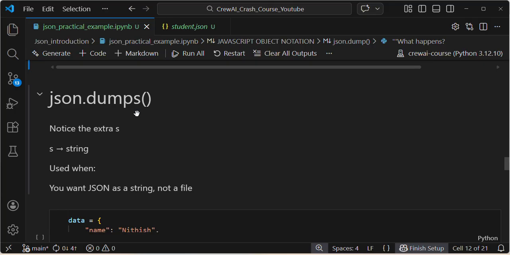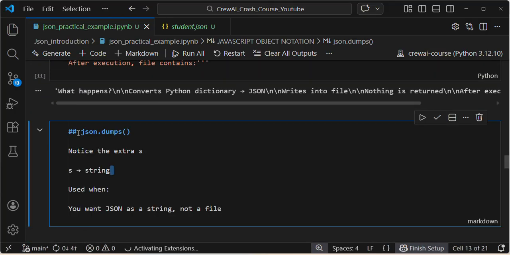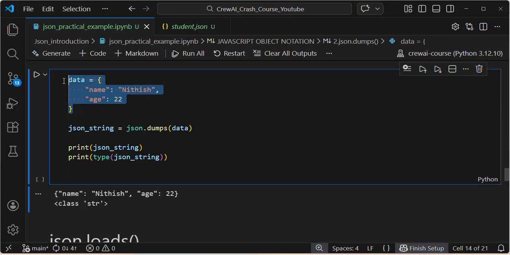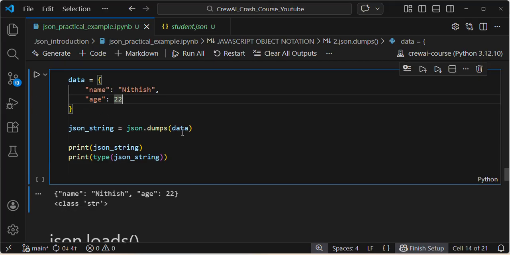And then json.dumps, the next method. This is the second method. Here I'm giving some sample data, it will be only in a dictionary. And I dump, what it does,